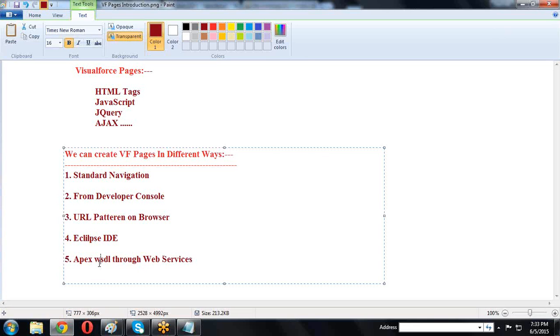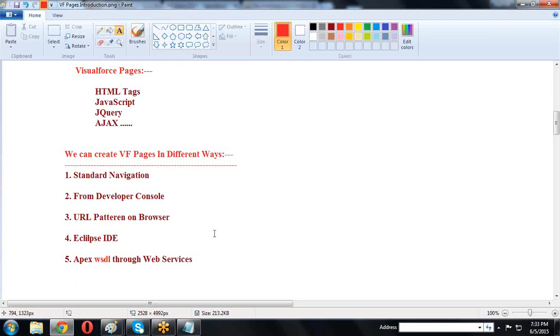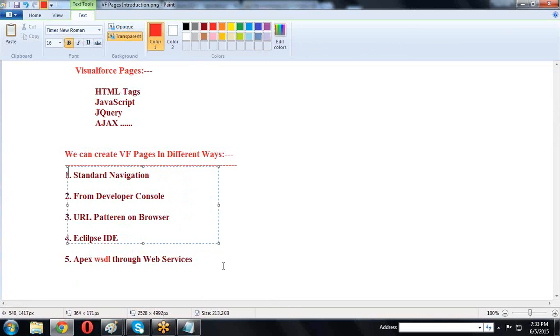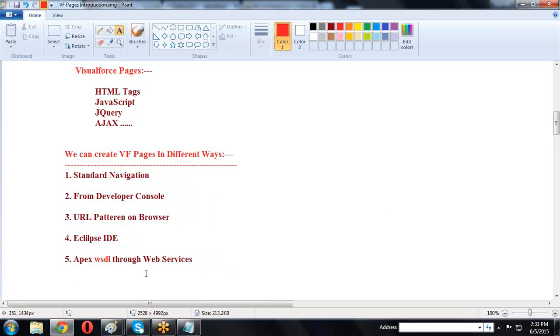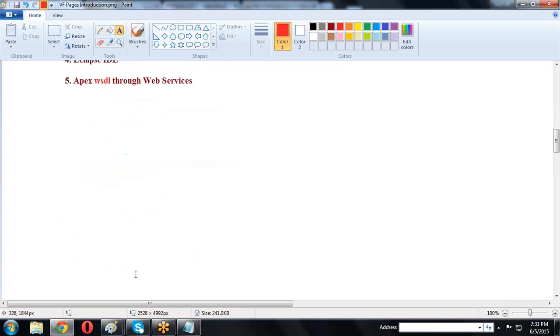So this we can also use. So: standard navigation, developer console, URL pattern, Eclipse IDE, and Apex through web services. Here I can show you four ways. The web services way is used for the integration part only, but not here.